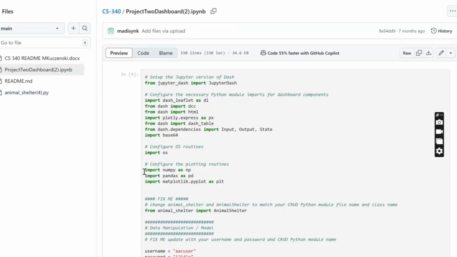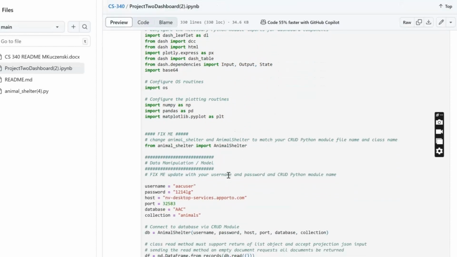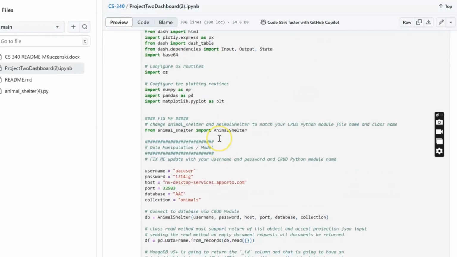Moving to the next document, where the dashboard was created in the previous course. It begins with many imports to the Jupyter Dash, Python modules, as well as imports for plotting functions. Next, it imports the animal shelter class so the previous CRUD functions can be implemented and connections can be made to the MongoDB. That is seen in this line of code,